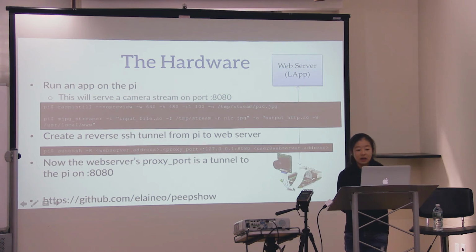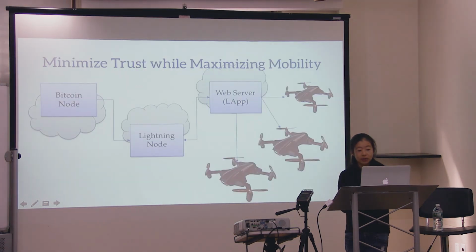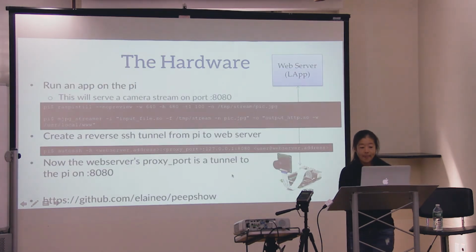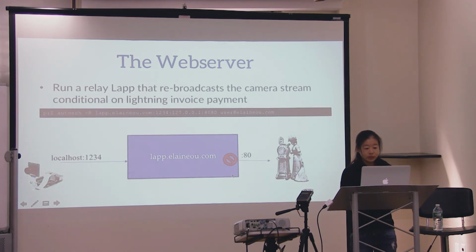a Raspberry Pi that has a persistent tunnel back to, in this example, the web server. So this guy is always phoning home on the same port. Even if this guy changes networks or whatever, it's always going to phone home. So you can always find this guy in the same place even when it's moving around. Okay, so on the web server,